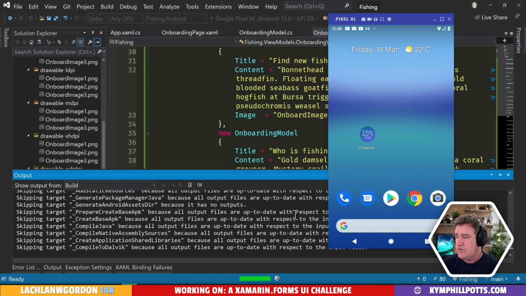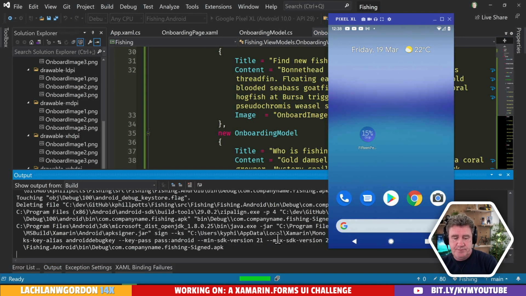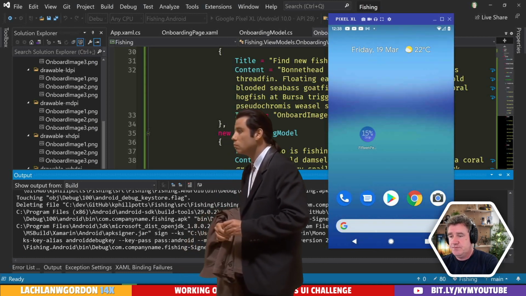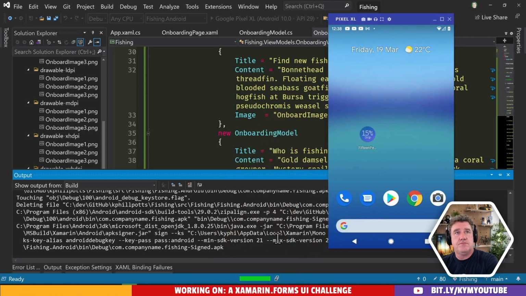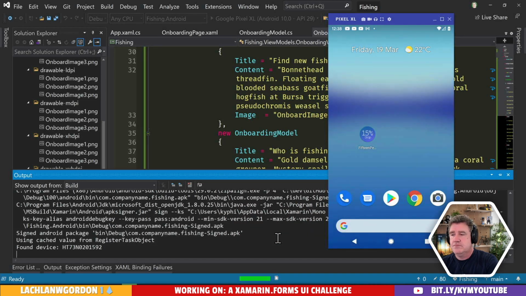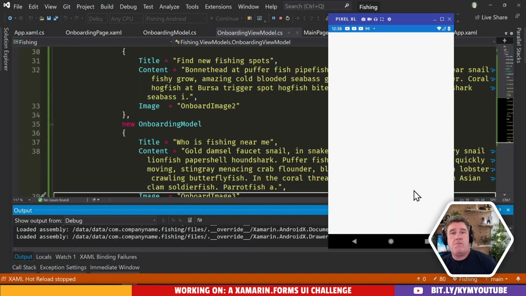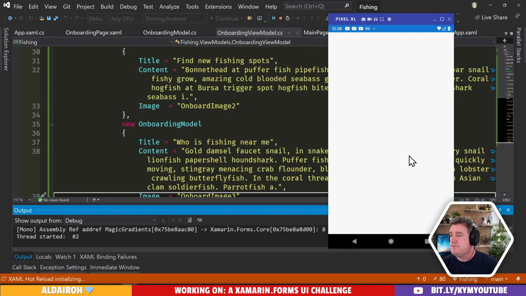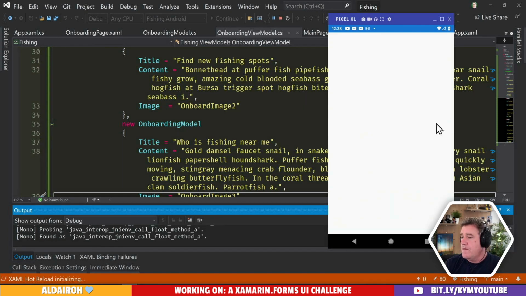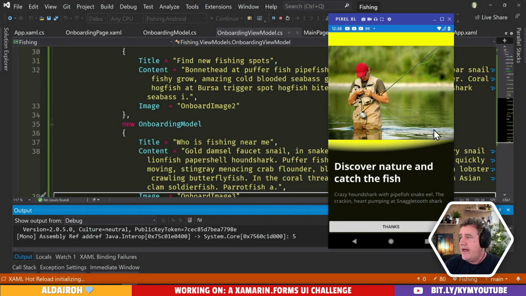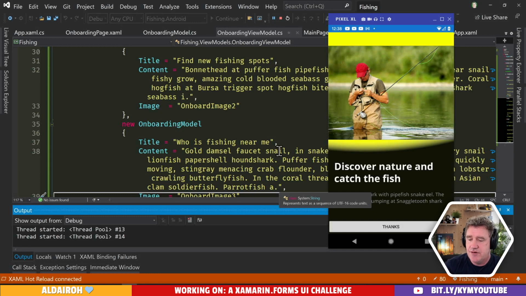What you doing, Android? What you doing? Hey, we've got images. Looks like rubbish, but